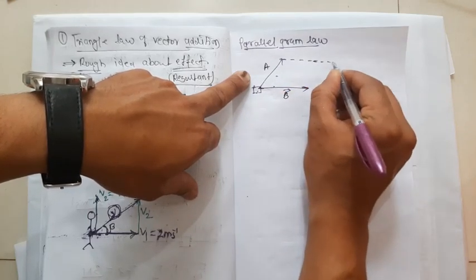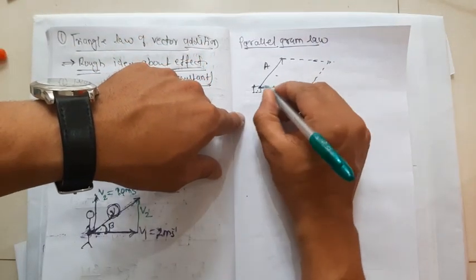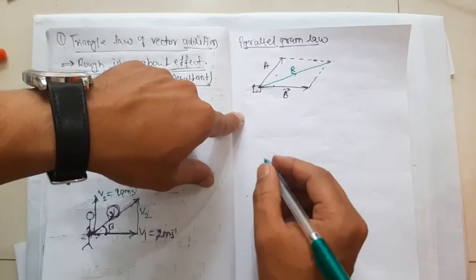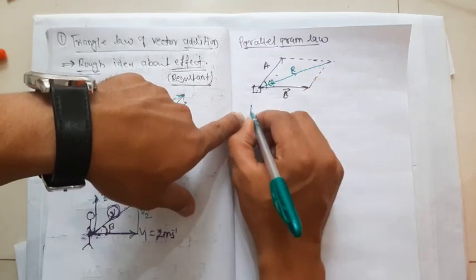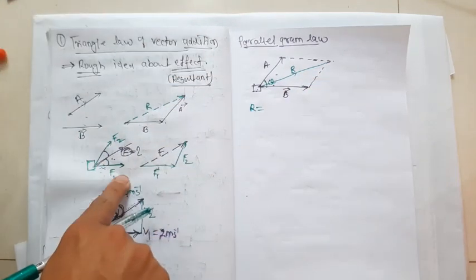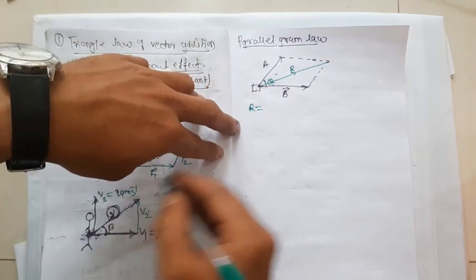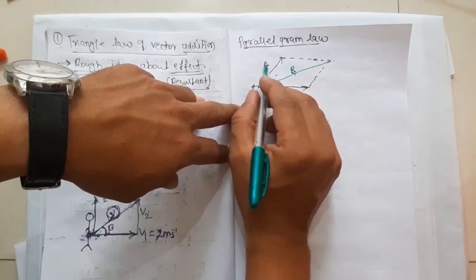So parallelogram law tells you to complete the parallelogram by joining the tail of two vectors. If you complete this, you will get one diagonal, and that is nothing but the resultant effective. If the angle between them is theta, then this R can be calculated, which is not possible in the triangle case. This F cannot be calculated, this V cannot be calculated, but everything is calculated here, that R, F, everything will be there depending on which vector.